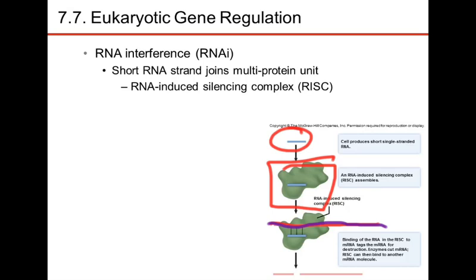And then this complex actually clips the RNA, and it cleaves the messenger RNA right here. When that messenger RNA is cleaved, it's broken into two different parts, and now the messenger RNA is no longer functional. Remember, the messenger RNA was capped on this end with that methylated G, and out here it's got polyadenylation, and the reason those were added is so that the nucleases couldn't cleave and chew up this RNA.